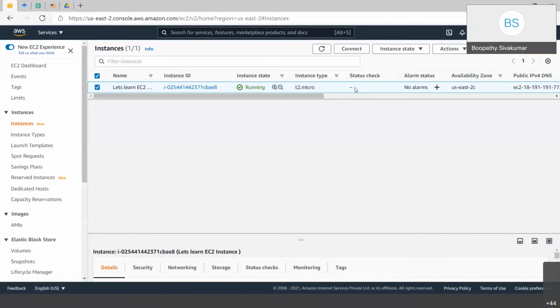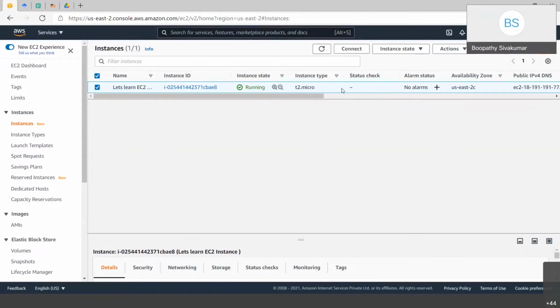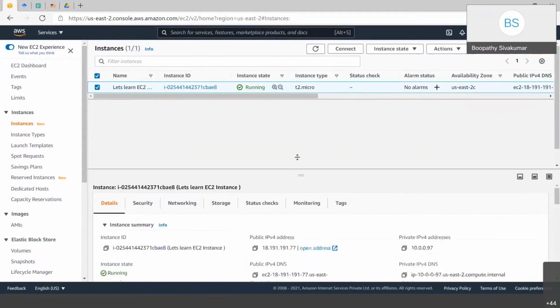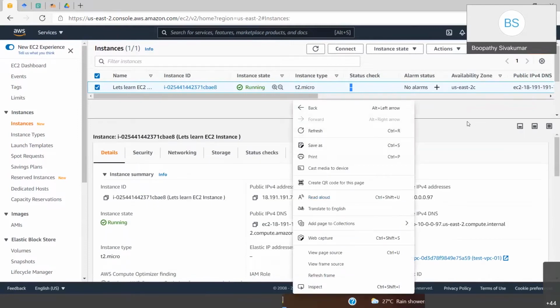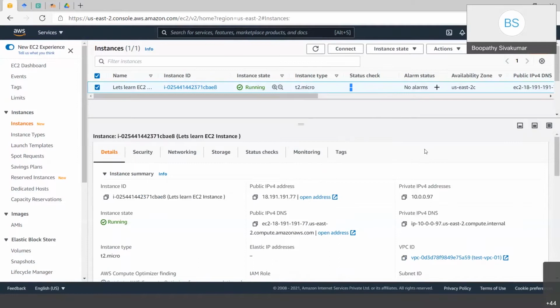Can you click on the double dash underneath, below? This is where you will get all the information about this particular EC2 instance.